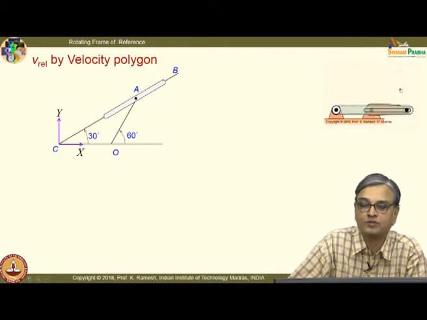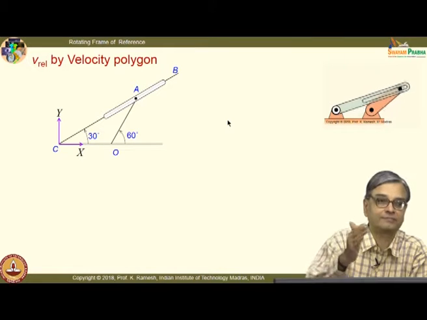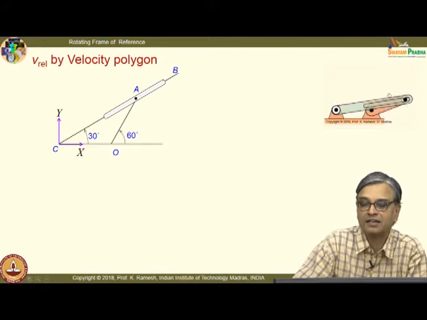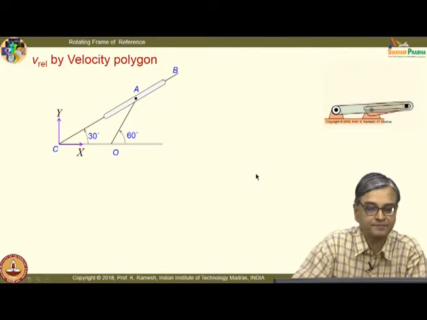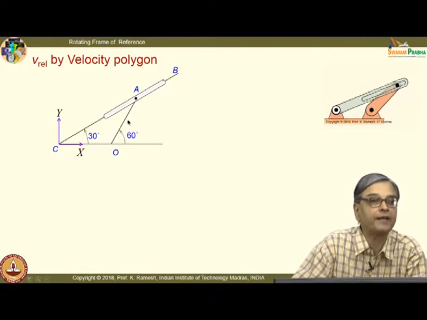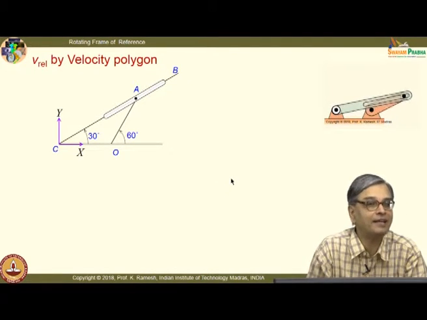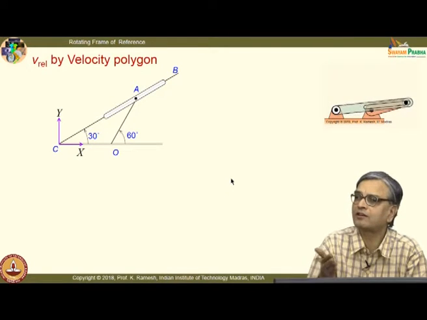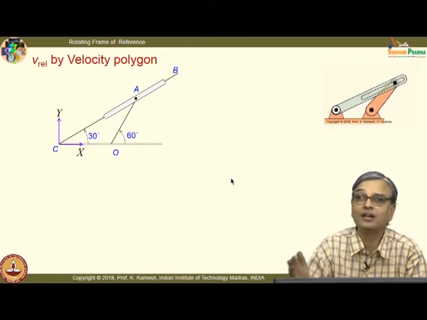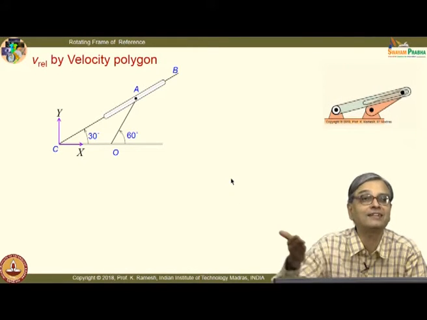And here you are able to see that you are really looking at the analysis when the point is coming down. That is very clear from the animation. That is the angle which we have to analyze. And what are the quantities that you know? You are given the angular velocity of link OA. So, do you get the velocity of point A completely? Again you go back to your circular motion, you know everything about point A. That is why you are not asked to find out the absolute acceleration of point A, you are asked to find out the relative acceleration in the slot.